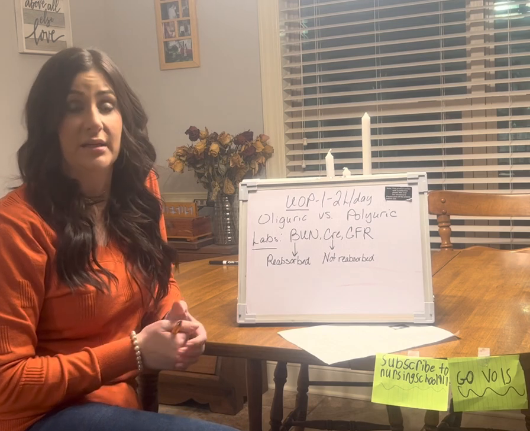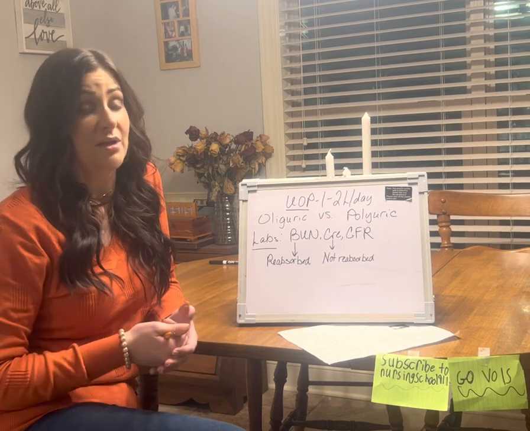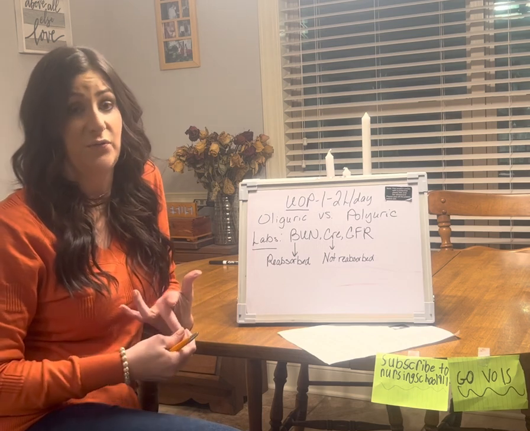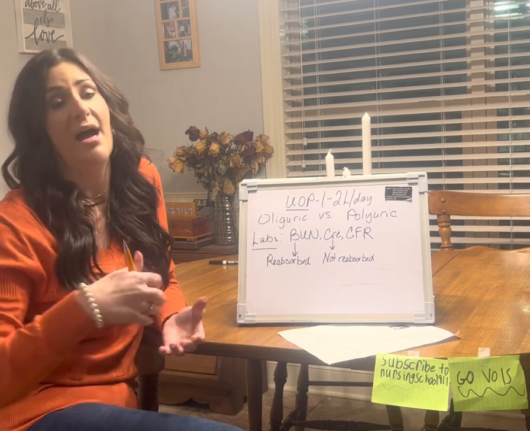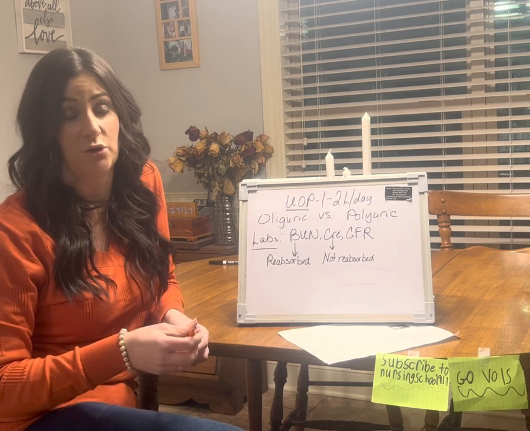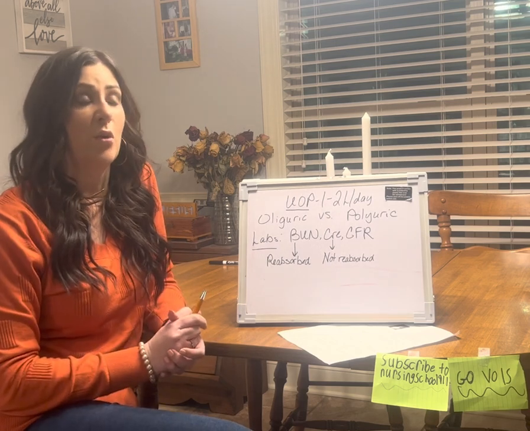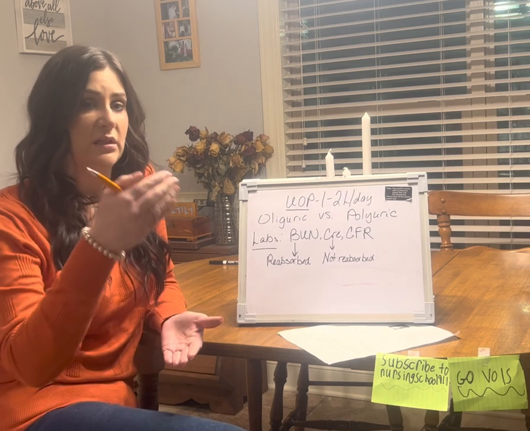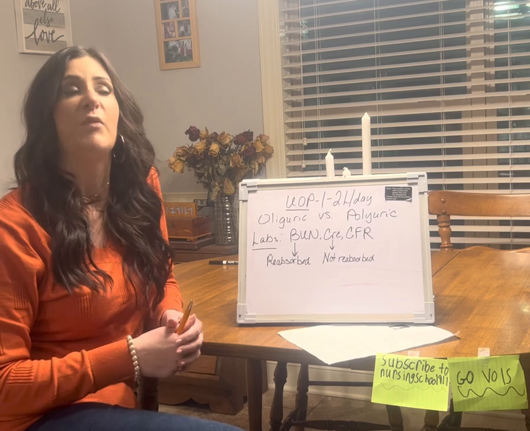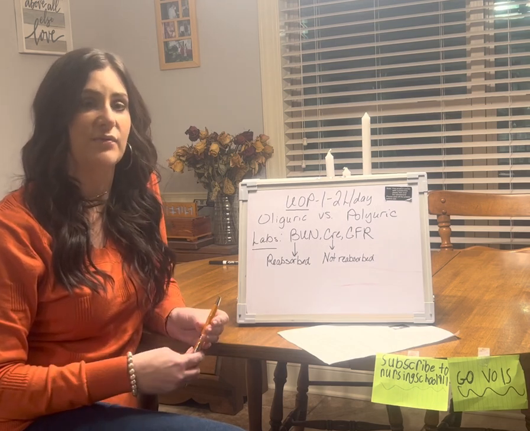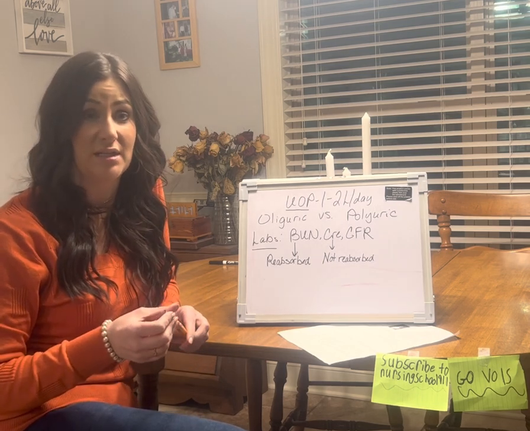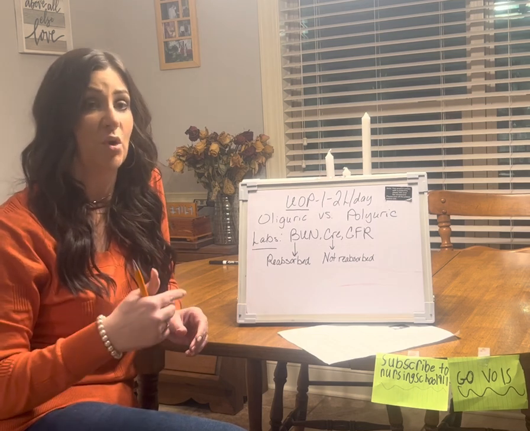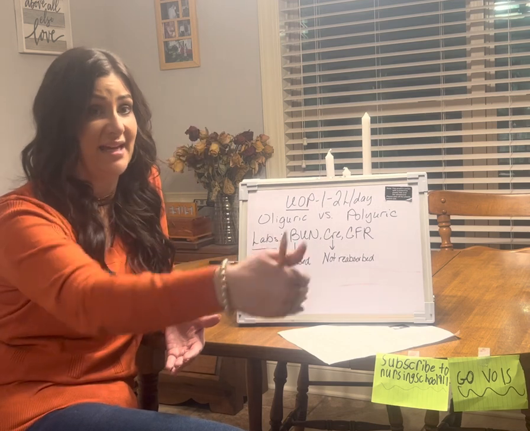Well, the kidneys that are failing, that are in the oliguric stage, are not able to produce bicarbonate, and they're not able to filter out and secrete hydrogen ions as they are supposed to. So we're going to be looking at a state of metabolic acidosis in these patients, so a very low pH level. And anytime we have a metabolic acidosis or an acidosis, we're always going to think hyperkalemia, elevated potassium levels,